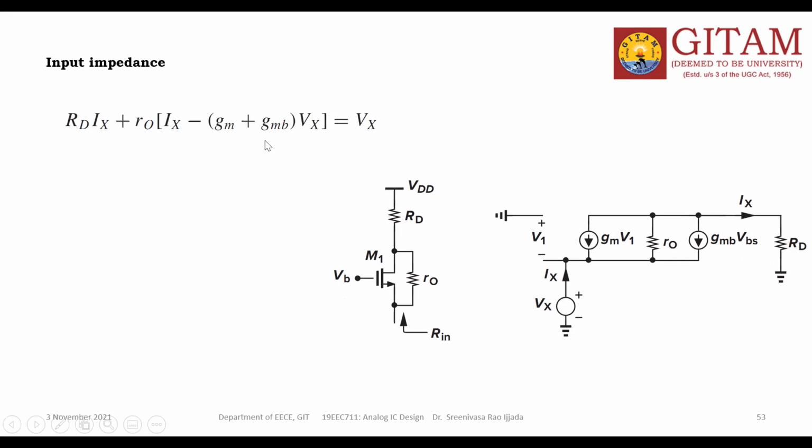RD is multiplied by Ix. This Ix current is divided here and here, and finally all three are added together and flow through RD like this. So the Ix current is divided three ways and added again, and Ix comes out. That creates the drop across RD. So when I write this KVL equation for this loop, the drop is RD into Ix, plus again R naught into the current, plus here is the Vx.